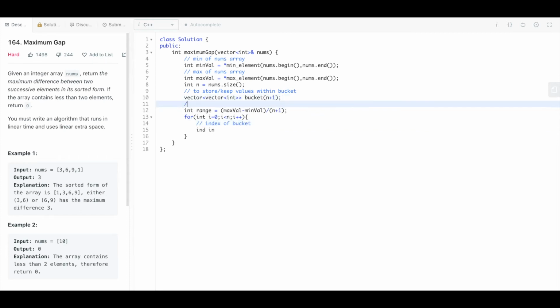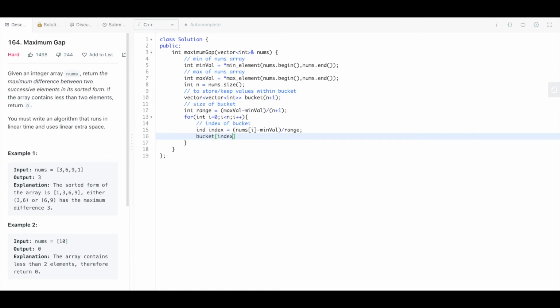To find the index of the bucket, I can simply do nums of i minus min value, divided by the range. This will give me the index of the corresponding bucket. Once I have the index of the bucket, I can just push this number into the corresponding bucket.